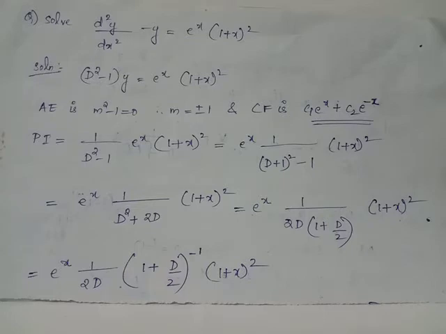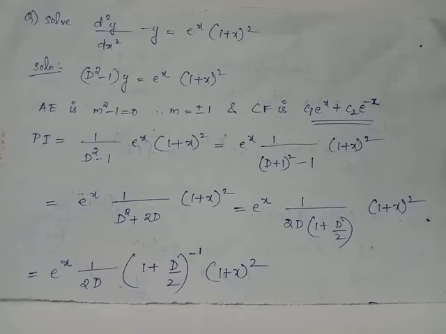In order to find out the particular integral, we have to operate 1 by f of D on the RHS. Notice that the RHS is of the format e raised to x multiplied by a function of the independent variable x. Whenever we have this format of RHS, PI will be e raised to x multiplied by 1 by f of D plus a acting on the function of the independent variable x. That is, wherever capital D appears in f of D, it will be replaced by capital D plus a, where a is the coefficient of x in the power part of the exponential function.